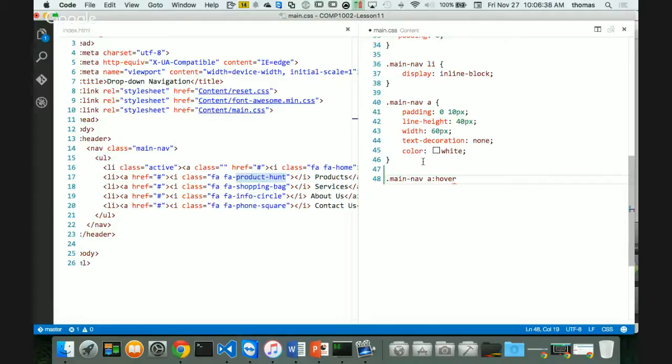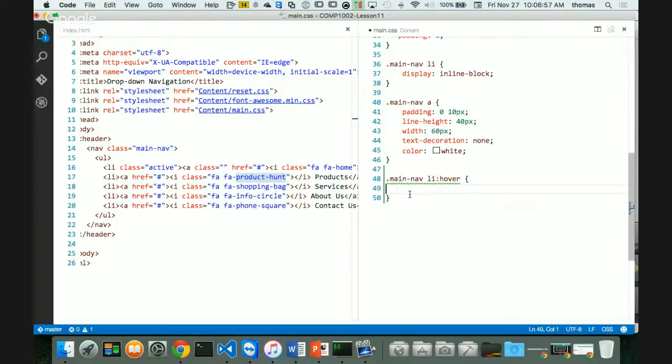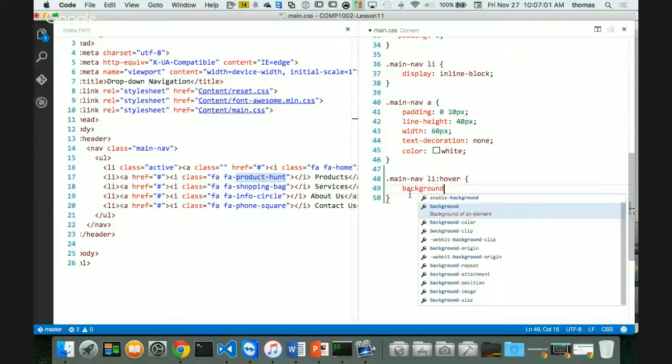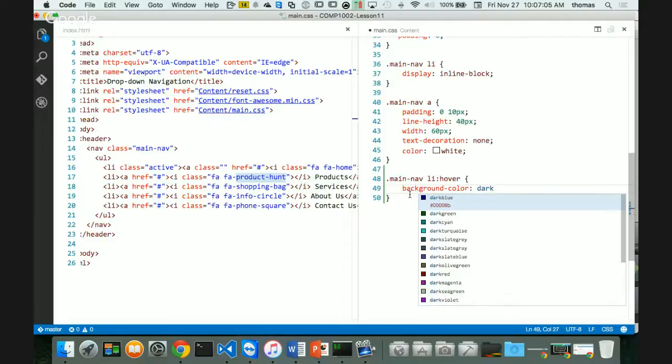For example, if I do a hover, just leave that alone, and I want to change the background color of my anchor tag, I could do that. But that's not really what I want to do. I want to hover over my anchor tag, and when I hover over it, my list item lights up. If I did it the other way around, if I hover over my list item, and I want to change my background-color,